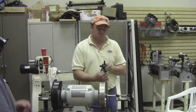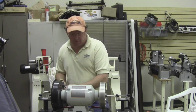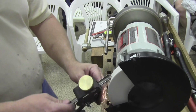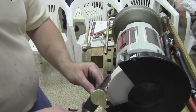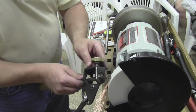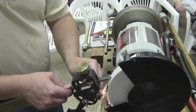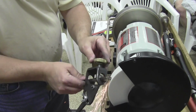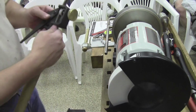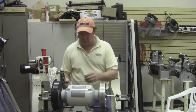Those sparks, you can tell it's carbon. Yeah, those white sparks are carbon steel. But I just don't want to get it hot. The minute you get it hot,